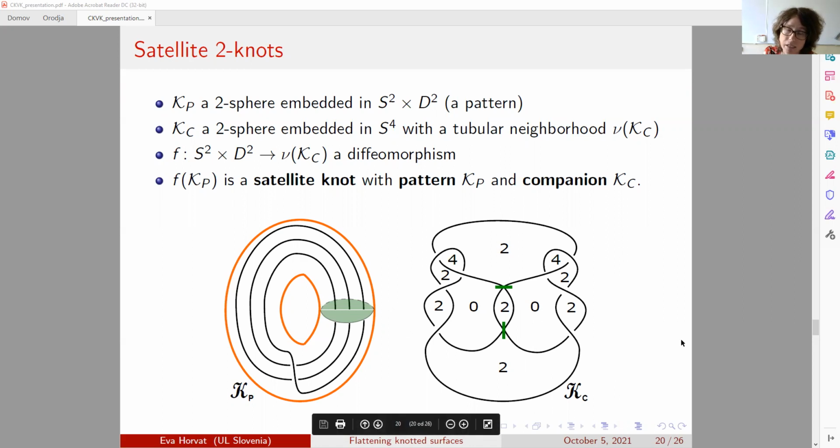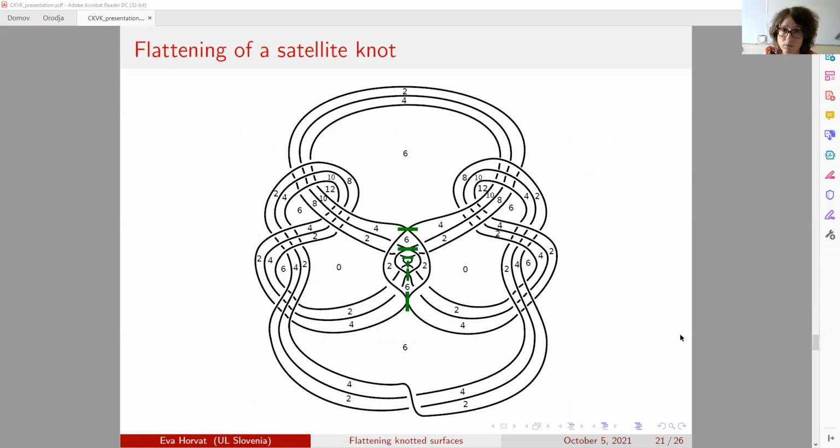And on the right, you can see the spin of the figure 8 knot and its marked graph diagram endowed with the multiplicities of the flattening map. So if we take a satellite knot with this pattern and companion, we obtain 2-knots with this diagram,